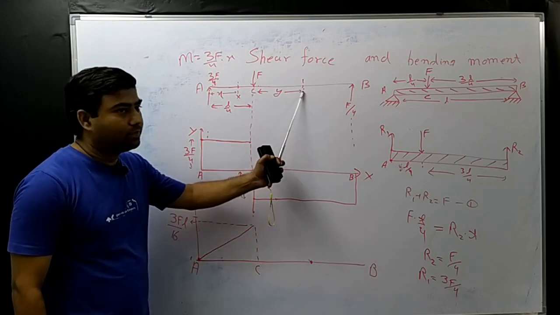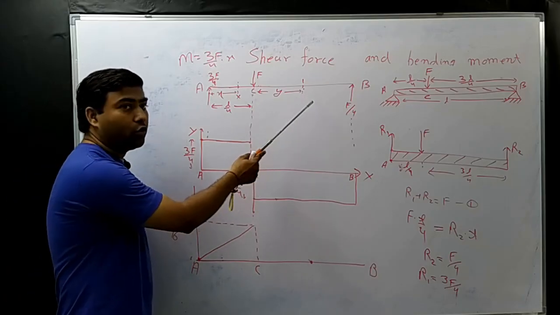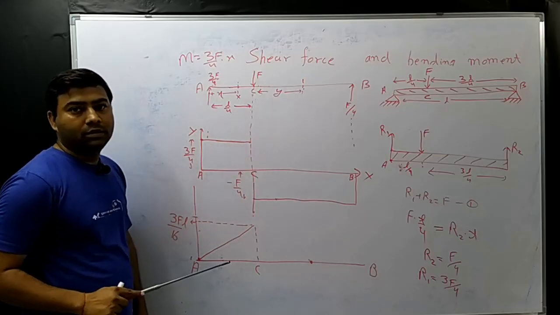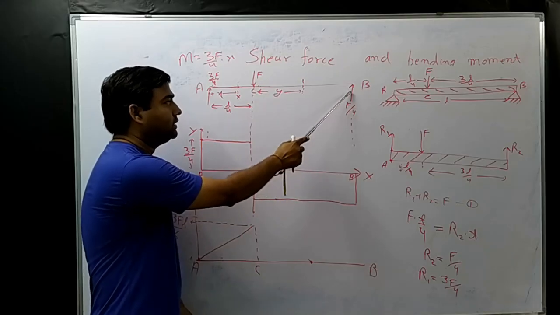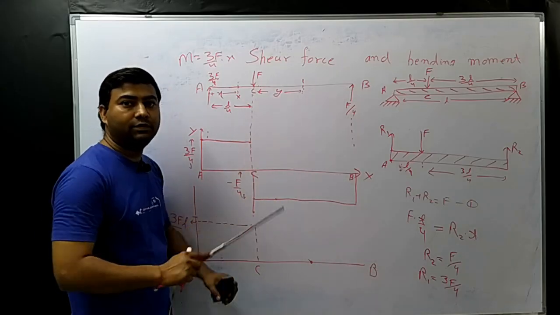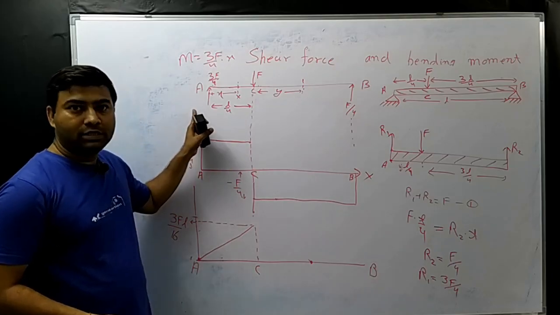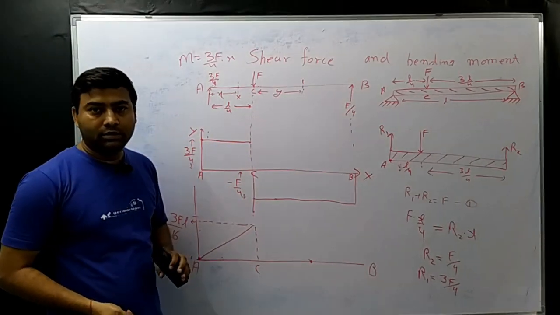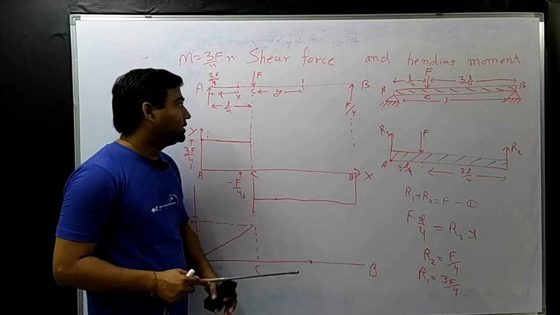To find the bending moment about this point, we have to find the moment of all leftward forces about this point. Always remember, all leftward forces, not total forces. If you take the total force moment about this point, it will be 0. So the moment of only leftward forces will be equal to the moment of rightward forces about any arbitrary point. So as per convention,